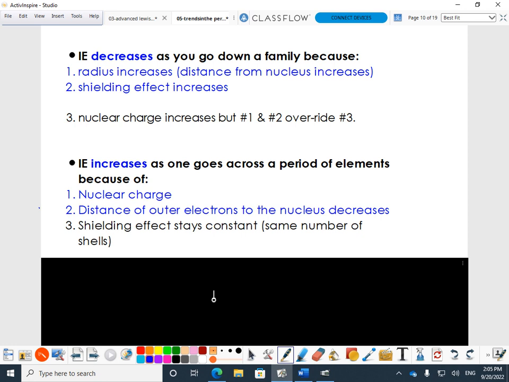So in the end, when we get to the unit test and you have to explain, you could explain this saying the nuclear charge increases. You could say the number of protons increases. That's the same. You could say the distance of the outer electrons to the nucleus is decreasing. You could also say the atomic size is decreasing. Those are also the same. Okay, so there is a bunch of ways to say the same thing. All right, so